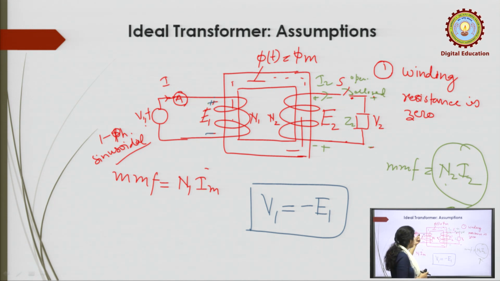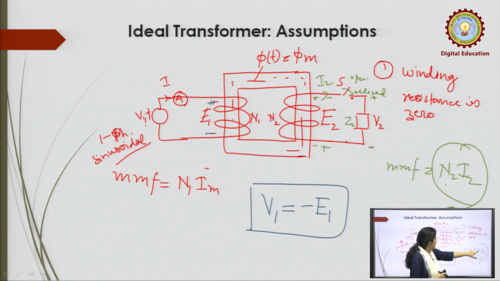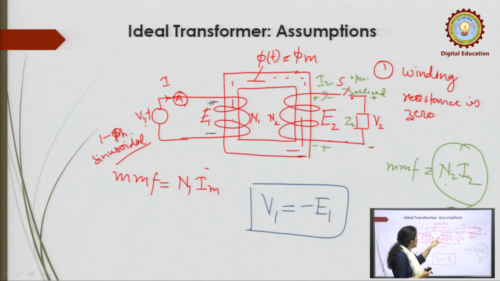But the useful flux is constant, because your supply voltage is constant, because you have to satisfy the KVL. So that MMF has to be nullified,